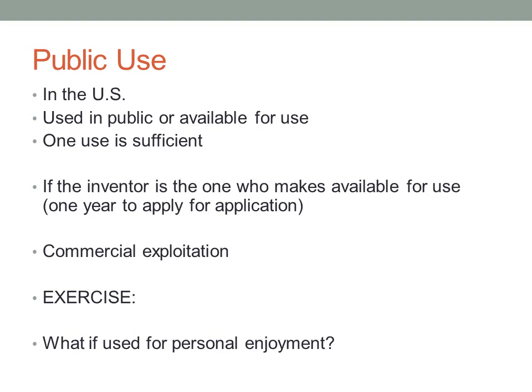Public use in the United States. If it is already being used in the public or available for use in the public, even if used only once, or if the inventor makes it available for use or has used it in public. If it's the inventor who has used it in public, they have 1 year to apply for the patent. But in any of those other circumstances, that's a bar. You don't get to apply. It doesn't make it novel.